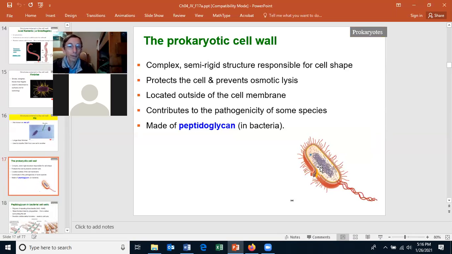You should know about the prokaryotic cell wall. It's a complex, semi-rigid structure responsible for the shape of the cell. Why the bacteria has a specific shape is dependent on the cell wall it has. And the cell wall also protects the cell and prevents osmotic lysis. So if a bacteria cell falls into water,